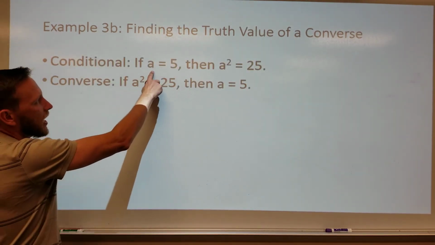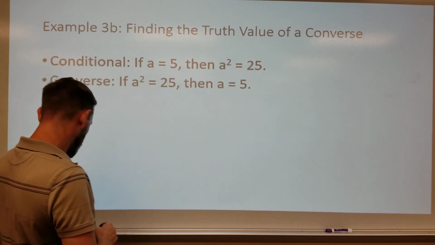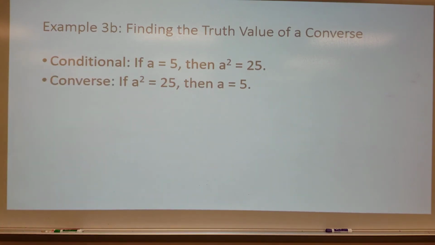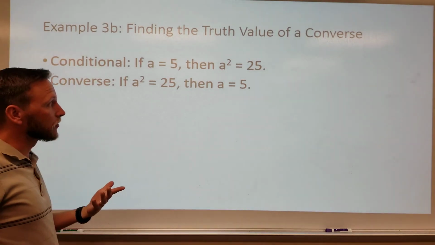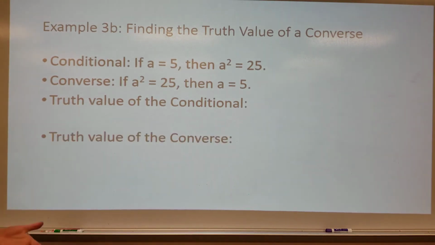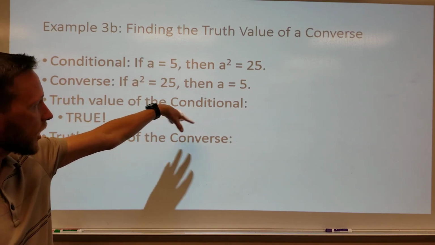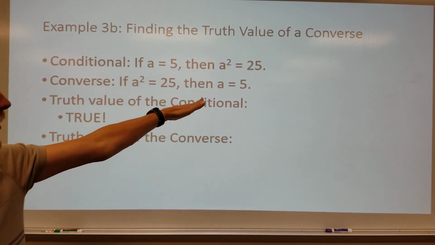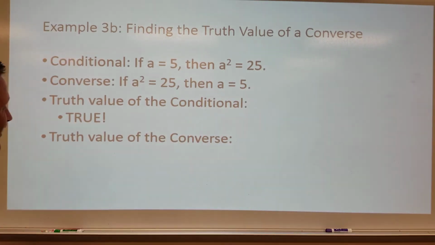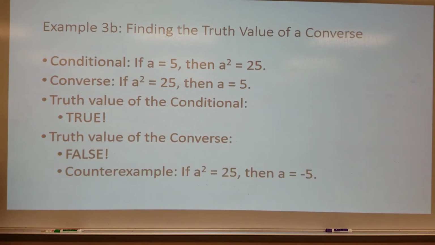All right, and here's one that's more algebraic. Conditional statement: if a equals 5, then a squared is 25. This is a true statement. There's nothing wrong with that. When I write the converse, if a squared equals 25, then a equals 5, this is actually not a true statement, all right? It's not complete, because when we think through the fact that 5 squared makes 25, we want to flip that around and think that working it backwards makes for this converse to be true. But it is not true, because